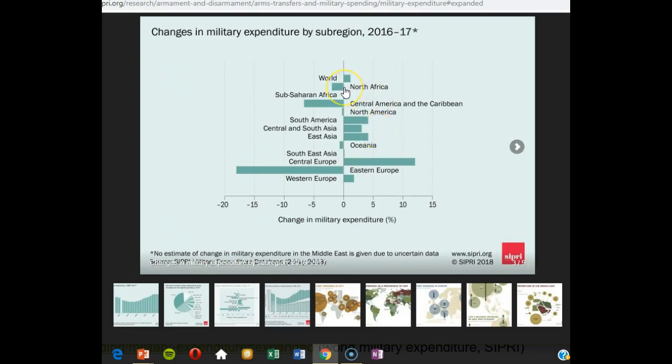North Africa, there's actually been a decrease. Sub-Saharan Africa, also a decrease. It looks like minus, what is that if we go down here? Maybe -7 or something, 7% possibly. And then North America, just a tiny amount. But South America, an increase in military expenditure. Also in Asia, Central and South Asia, East Asia, a bit of a decrease in Oceania. Southeast Asia, tiny bit of an increase. Central Europe, huge, massive. Eastern Europe, wow, massive decrease. And then Western Europe, a minor-ish increase in military expenditure.